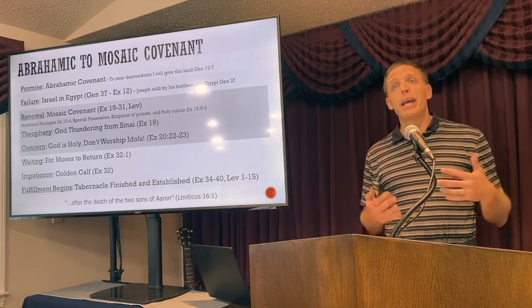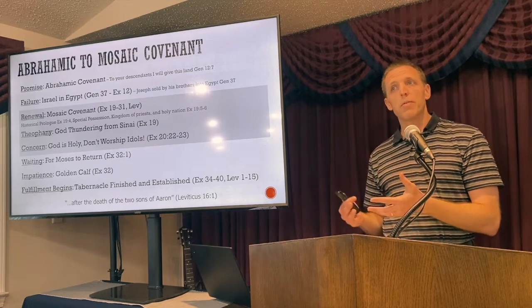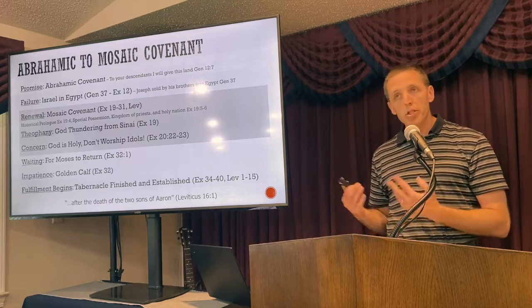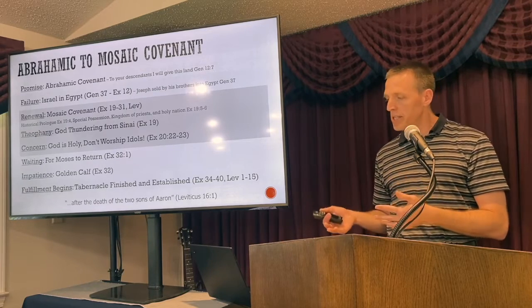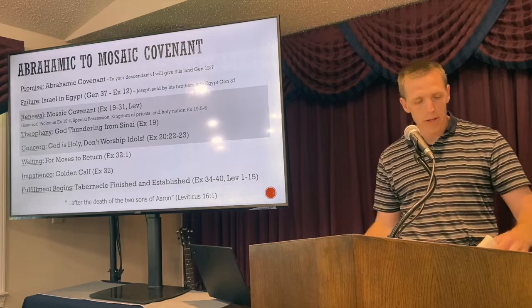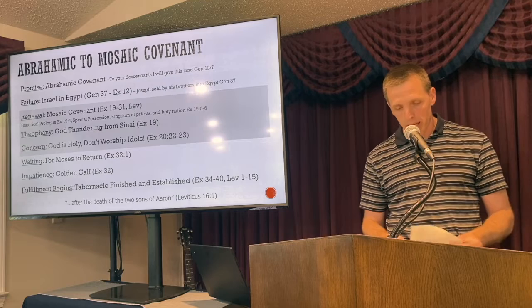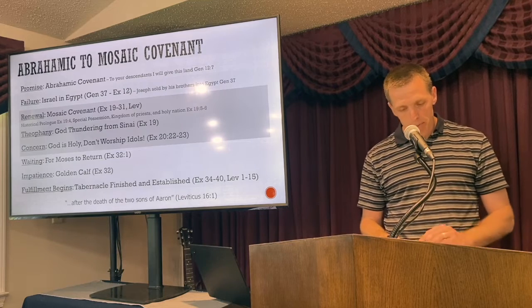Now God is going to make them a nation. He's going to forgive them. He's going to renew his covenant with them. He's going to do it on Mount Sinai. The Mosaic covenant is entered into. You remember Moses says, here's what all God did to you. Let me read one of these historical prologues just so you hear it. I won't do all of these again, but just to hear an example.